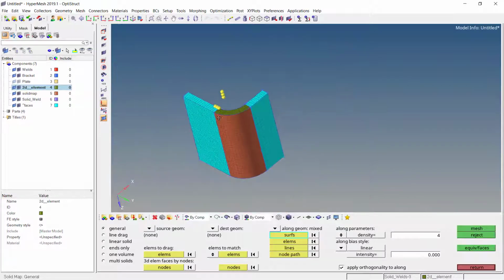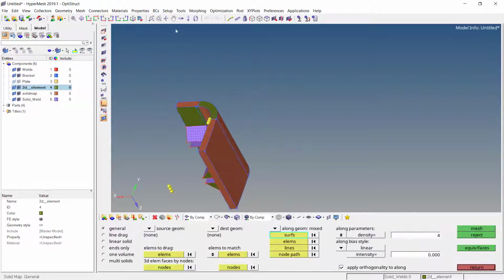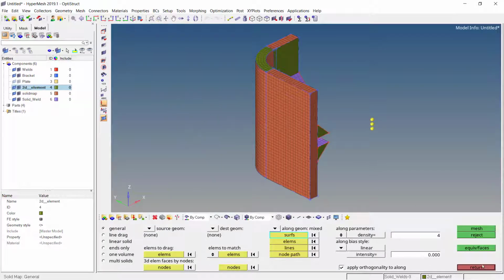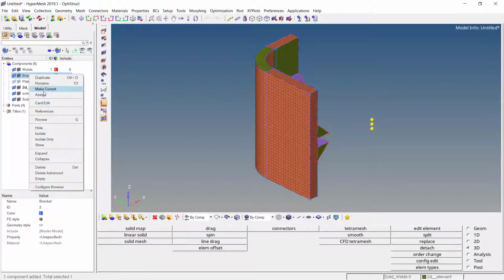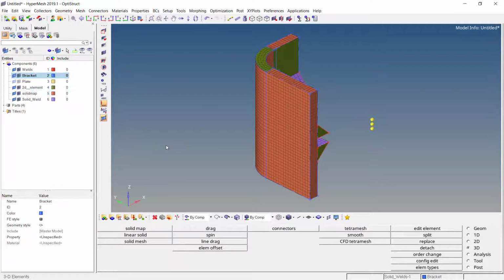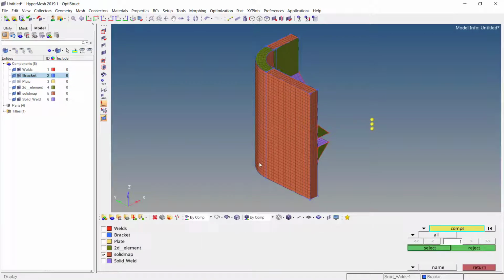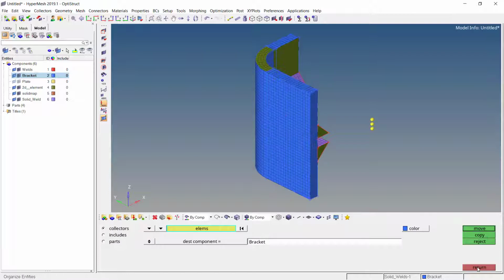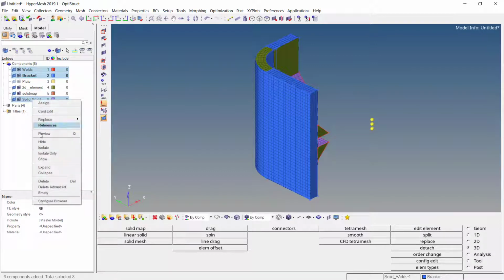As you can see, the proper elements have been placed. Now first let us delete the faces. Simply delete this one. Again let us go for return. Here I will switch on the bracket, right click on it, set it to make current and again organize the element collector wise. Once the elements have been organized, now I can simply click on weld, bracket and just solid weld.